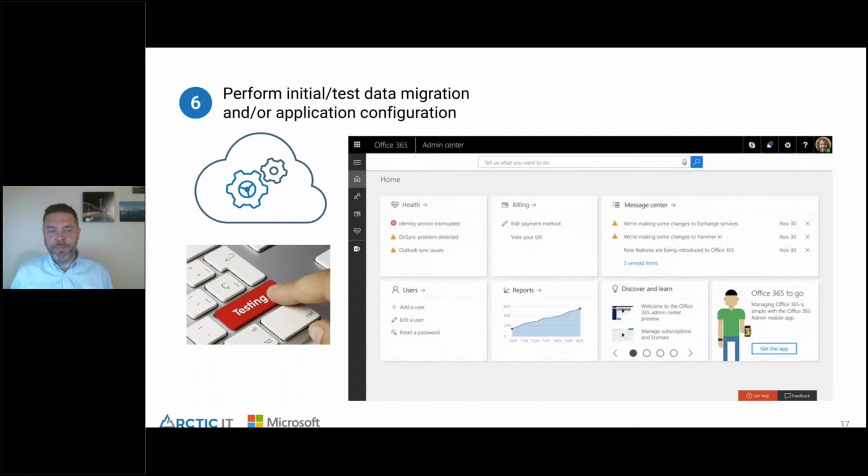One of the great things about the cloud is that testing is relatively cheap and easy. When we move clients to the cloud, we can create a completely sandboxed environment separate from their normal production systems and test everything, so that we know how things are going to behave when we move them into production. It's really important to do that testing.